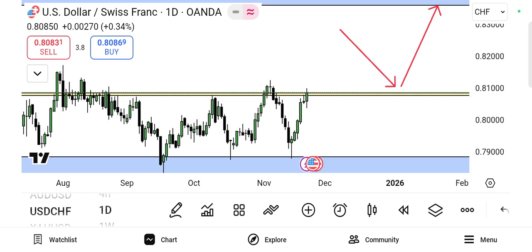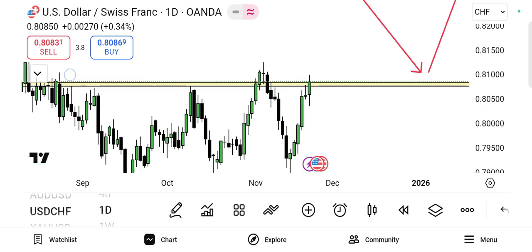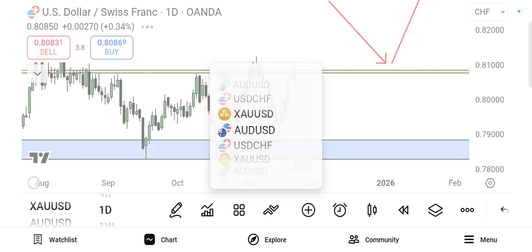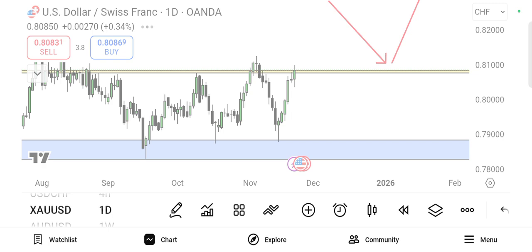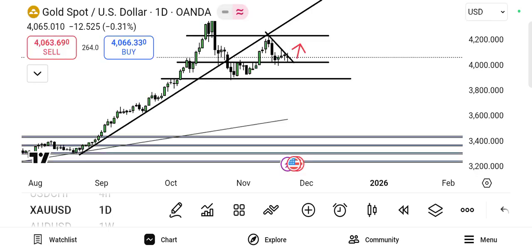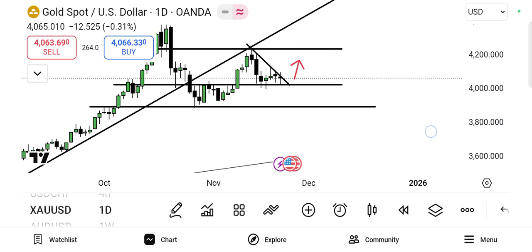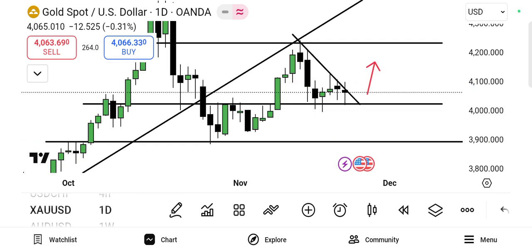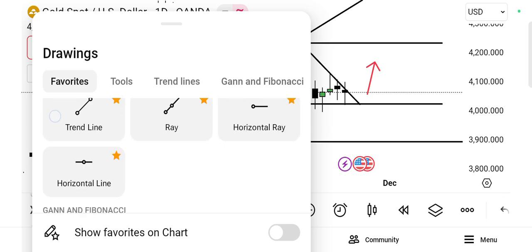It's better to be what? Patient. Remember, this is how big banks and hedge funds trade. So let's check what the rules are. Let me give out the rules of engagement of gold. Now, on gold, on my last video, I said that gold is going to be going for a buy because